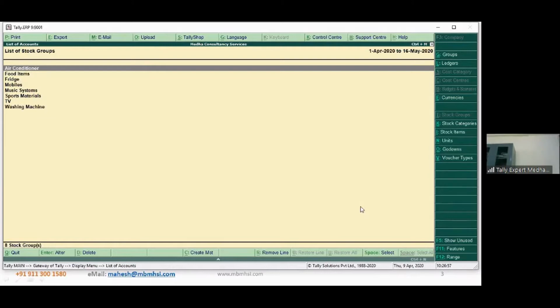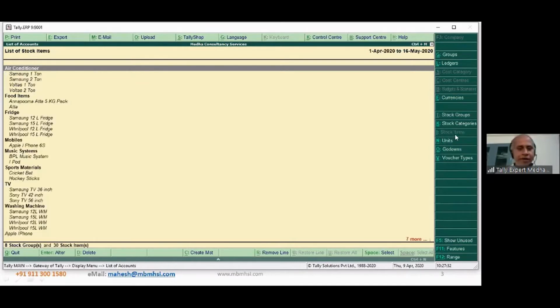For that you require parallel classification of the stock items. That is when you could use cost category and start maintaining parallel categories, a parallel way of reporting. So let us just come to this, and I'll show you, for the same data, if you want to categorize based on the brand, how do you do it. For example, we'll look at this. All the stock items we look at.